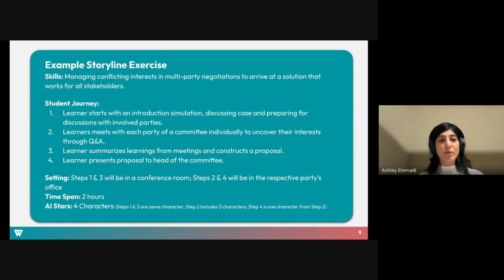So as a first example, this is a hypothetical scenario that I created for a multi-party negotiation. So what are the skills? It's managing conflicting interests in this multi-party negotiation to arrive at a solution that works for all stakeholders. Then the student journey is the learner starts with an introduction, simulation to discuss the case and prepare for the